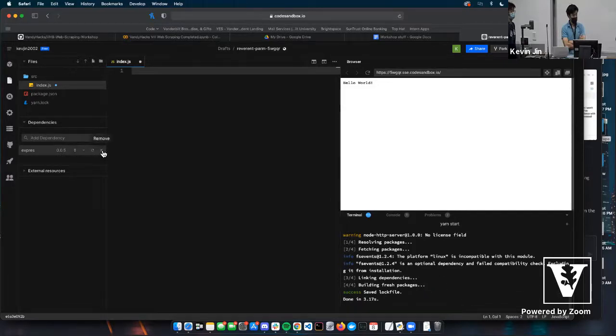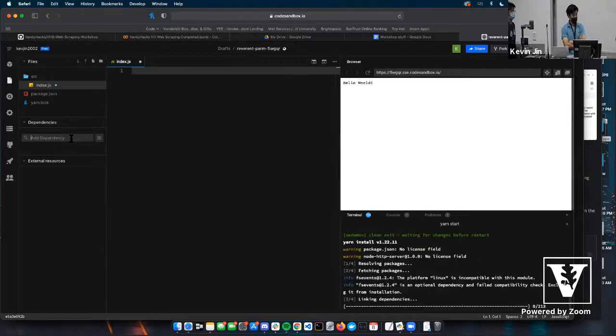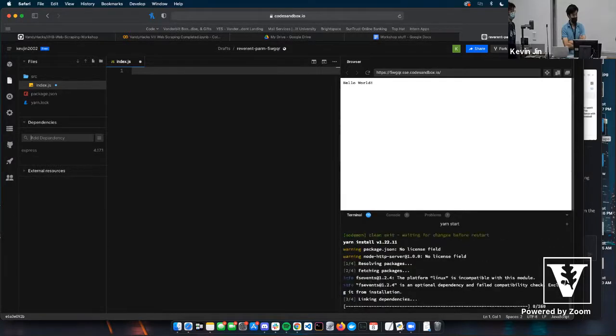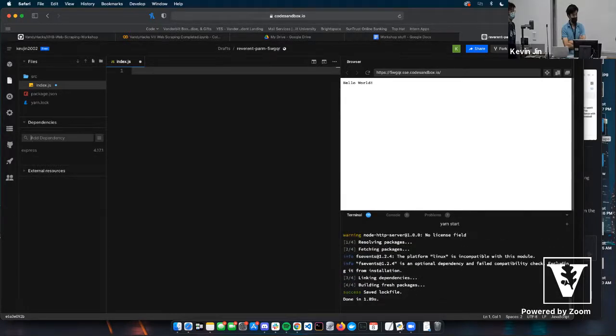Also, you should be very careful because sometimes you spell stuff wrong. Some people will actually make really bad dependencies that will hack your stuff. So make sure that, whenever it comes to any sort of code, you're always spelling stuff correctly. So Express. We want Express